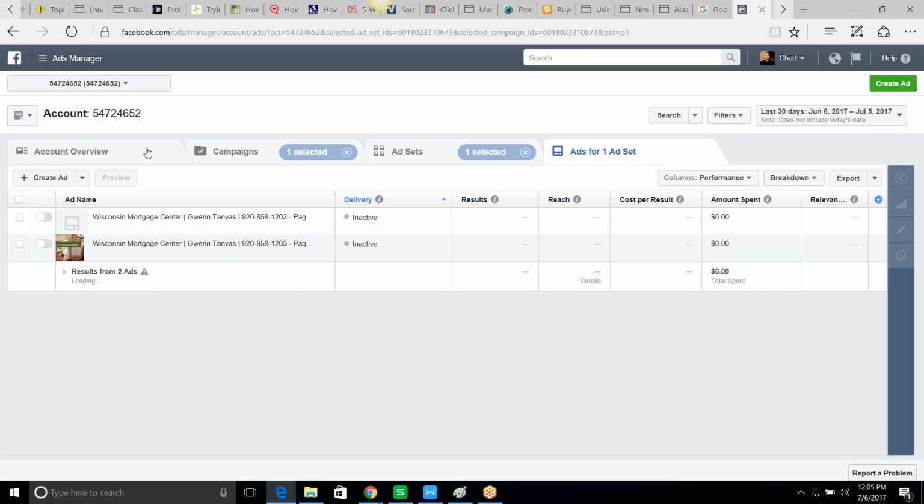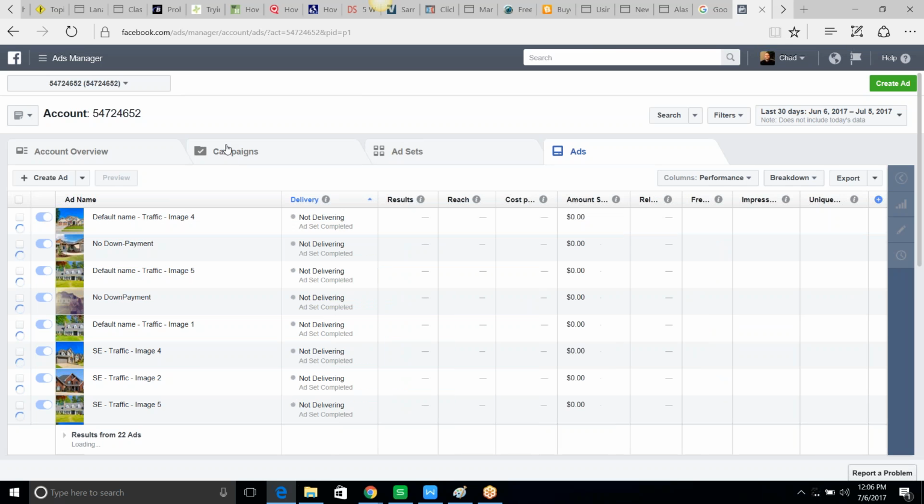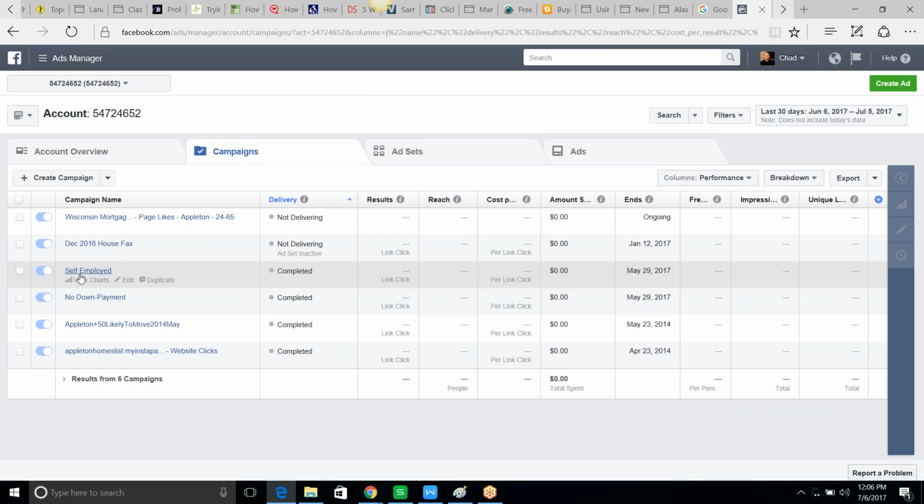So I will not even see the ad when I'm in my master account overview, because it's showing me all your ad campaigns out there. But until I open up the campaign, I'm not going to see it, right? So whenever you're about to click to create an ad, guys, the smartest thing you can do is make sure that you close out. See how I just clicked on the X and it brought me back to the main page? So now if I go back to my overview or to my main campaigns, I'm back here at the very beginning. This is where I want to click to create an ad,